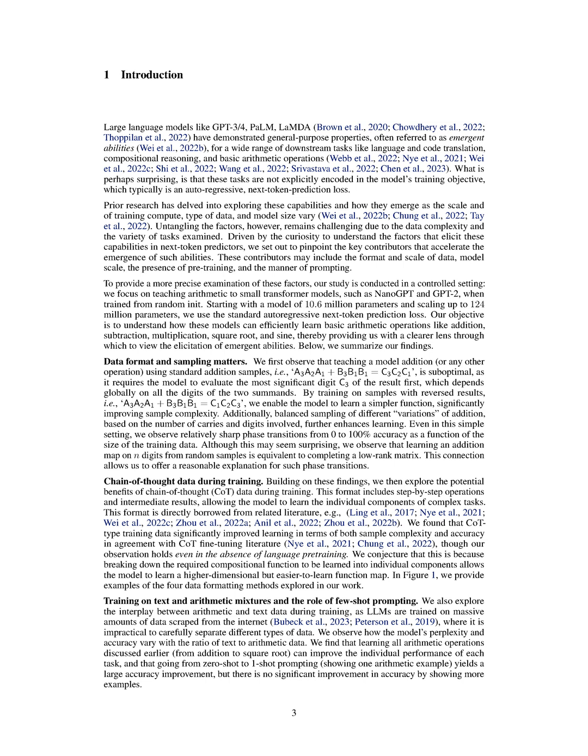Here are some of the key findings from our research. Data format and sampling are important. For example, when teaching a model addition, the standard format, A3A2A1 plus B3B2B1 equals C3C2C1, isn't ideal. The model is required to calculate the most significant digit of the result first, which depends on all digits of the two numbers being added together. By reversing the results format to A3A2A1 plus B3B2B1 equals C1C2C3, the model can learn a simpler function, which significantly